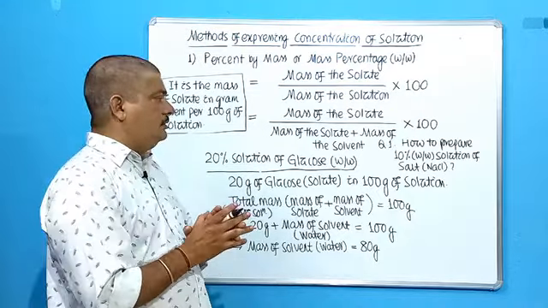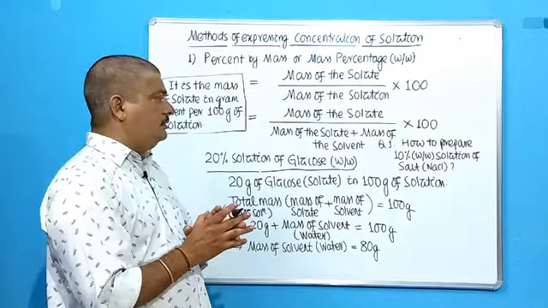So students, next two methods of concentration expression is percent by volume. We have discussed W by W percent, that is mass by mass. So next obviously will be volume by volume and mass by volume. So next one is percent by volume, V by V percentage. So it is volume of the solute in milliliter divided by volume of the solution in milliliter into 100. That is, it is defined as the volume of solute in milliliter present in 100 milliliter of the solution. Okay, how much milliliter of the solute is present for 100 milliliter of the solution, that will give you percent by volume, that is V by V percent.